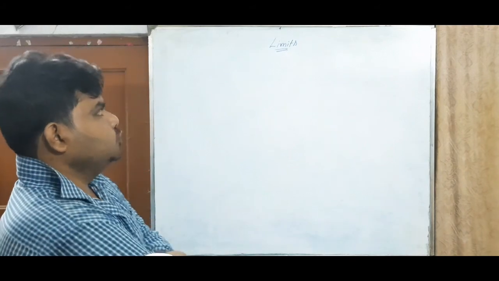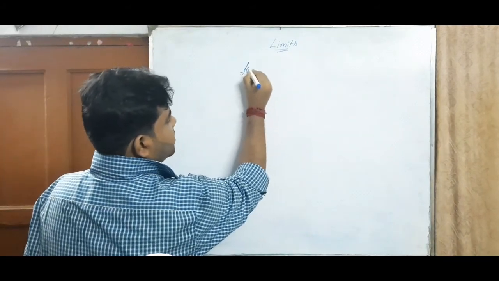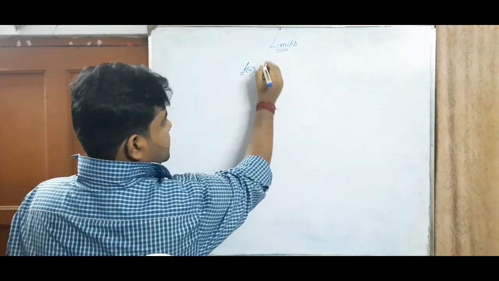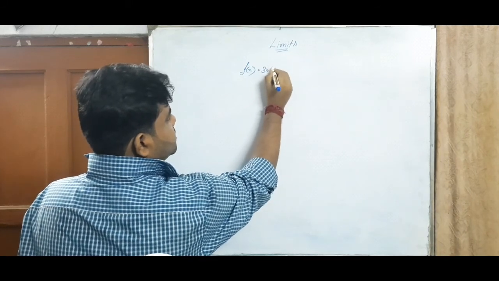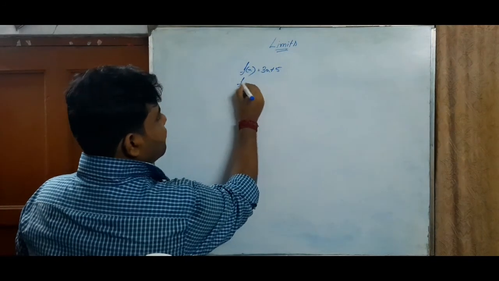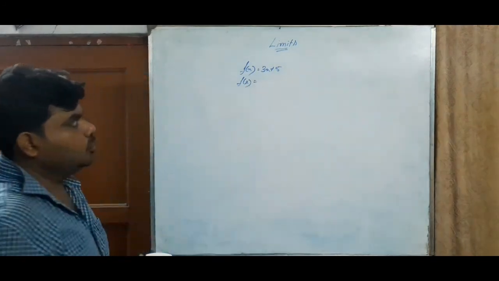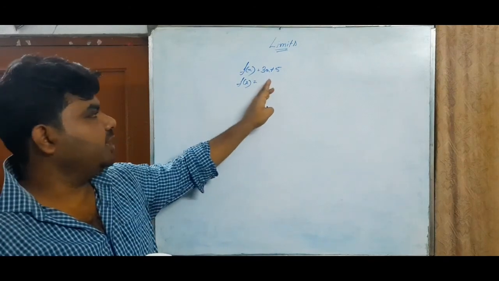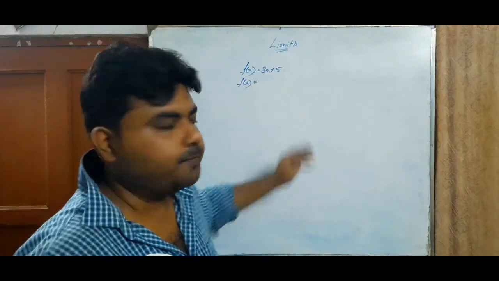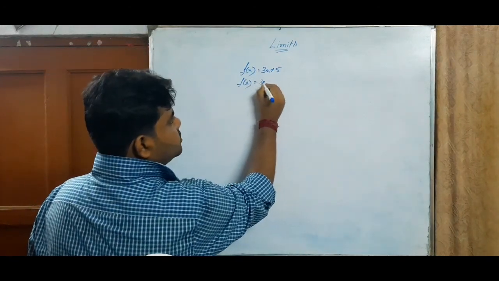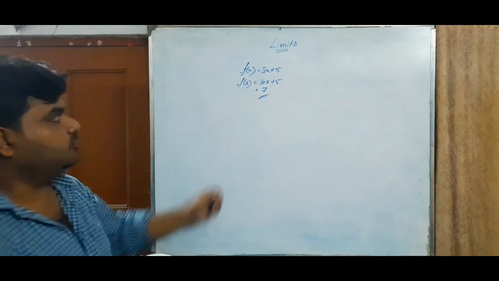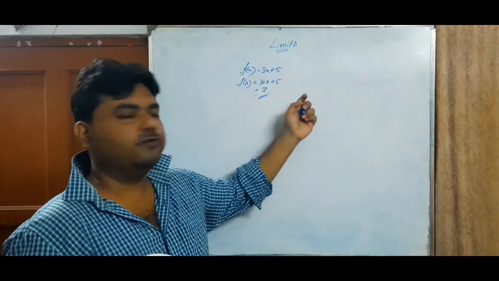First, I think this term is known to all: f of x. What is f of x? That is function of x. Just for an example, I can write f(x) equals 3x plus 5. Now what is f of 2? f of 2 means we will just substitute the value of x with 2. Wherever there is x, we will put the value 2. So f of 2 means 3 into 2 plus 5, that is 11. This is the value of the function.